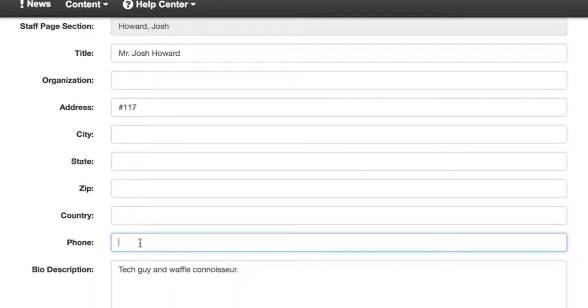For phone, there's two things you can put here. One, you can put the number for the school you work at. So the number to contact the main office at your school. The other thing you can put here is your district mailbox number. So every teacher has a number that they can be reached at, whether you have a phone or not. So if you don't know what that number is, you need to contact tech services. You can contact Dan. His extension is 8041, and he will help you out with that. But yeah, you can just put that 4-digit number in here, and then that'll be the best way to get